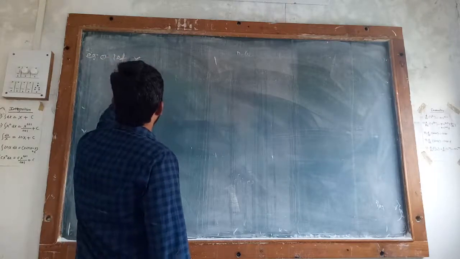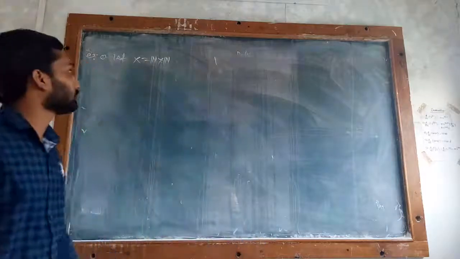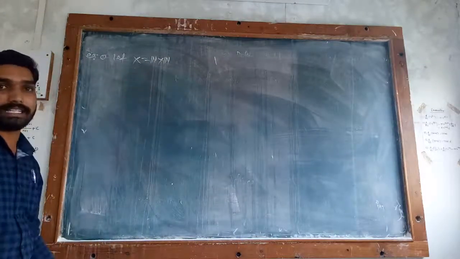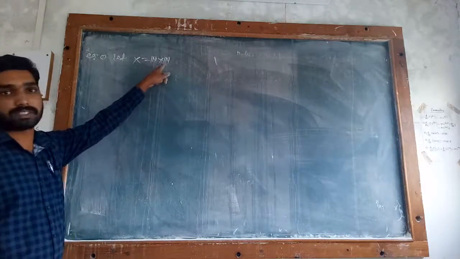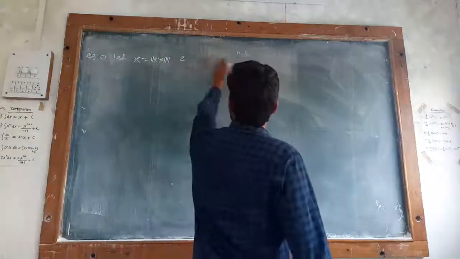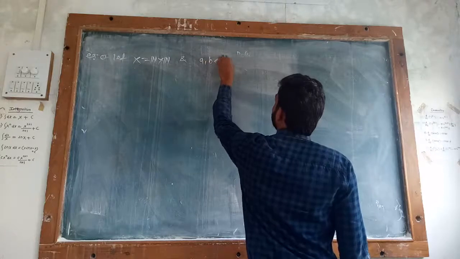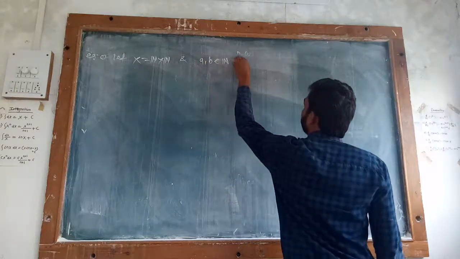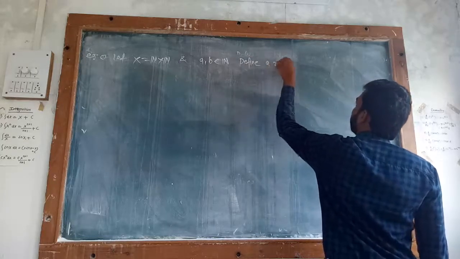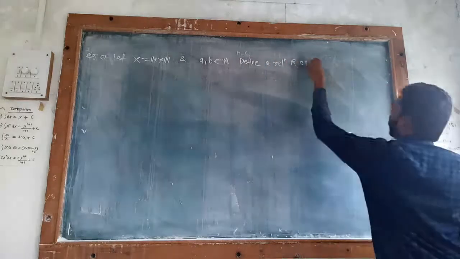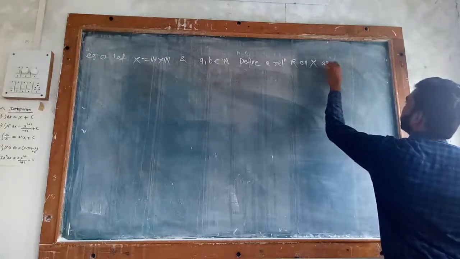Let X be the set of all natural number cross natural number. Let your set X be the collection of all natural number cross natural number, with a comma b being natural numbers. Define a relation R on X. We have defined a relation R on X as